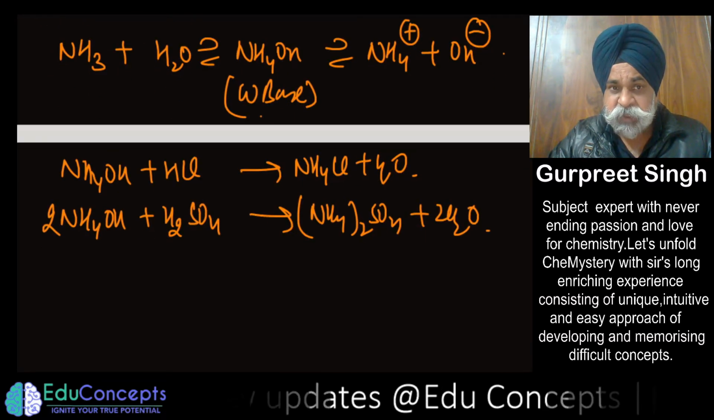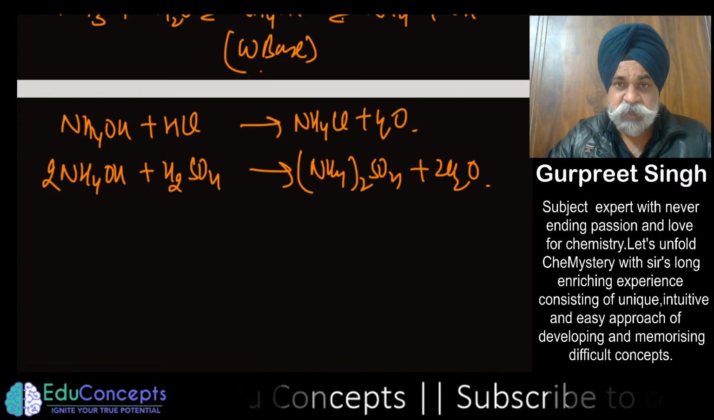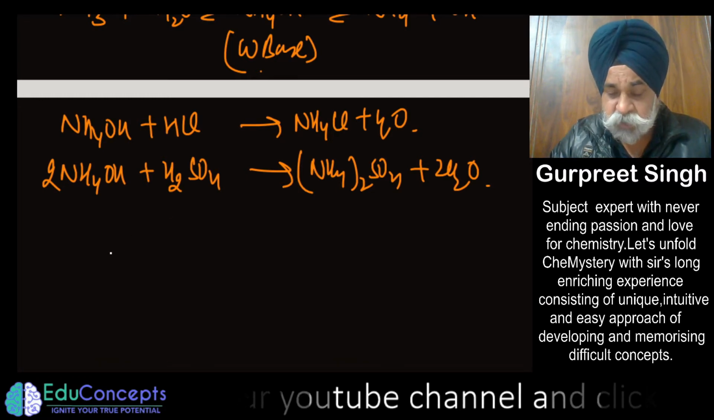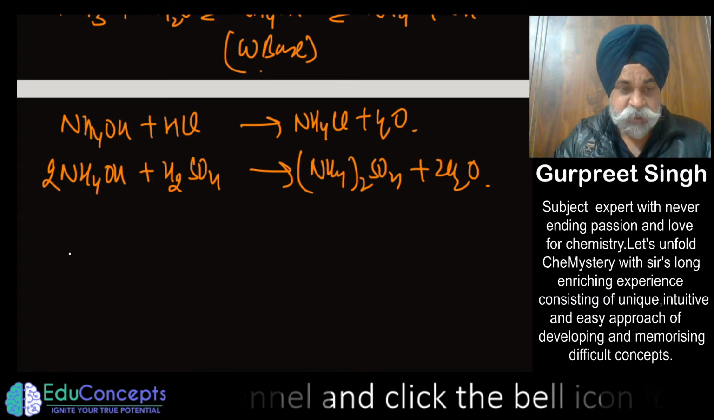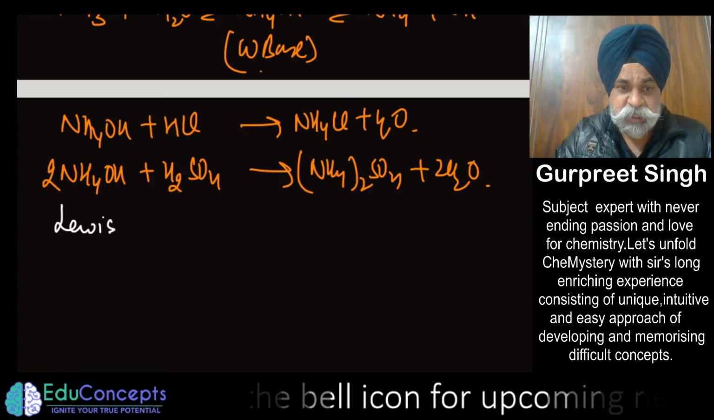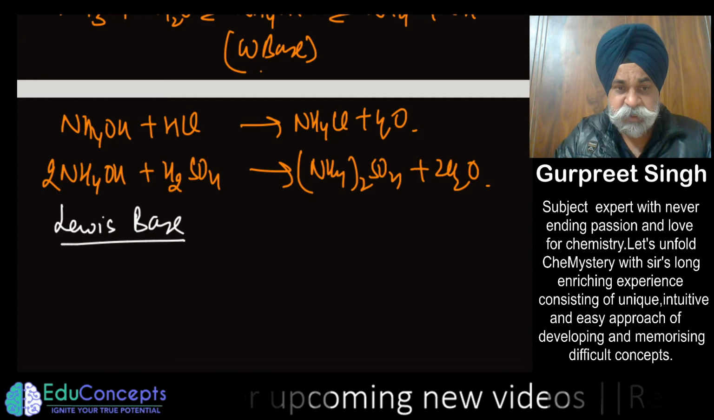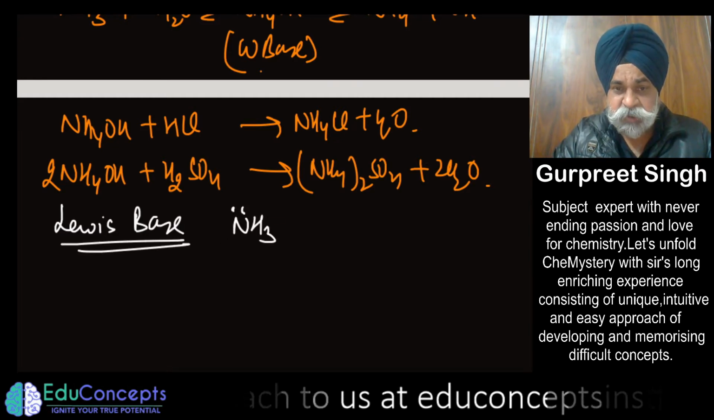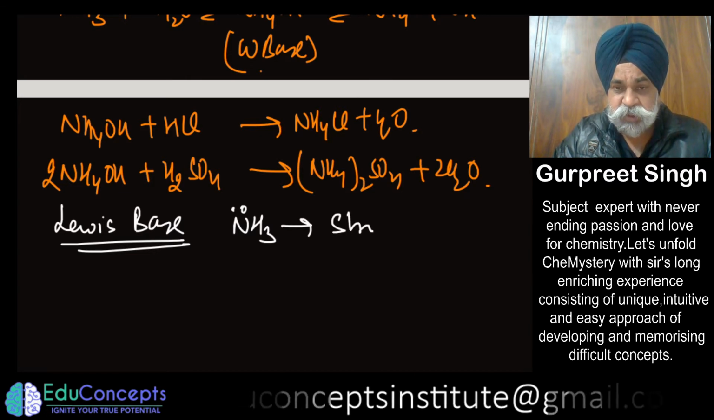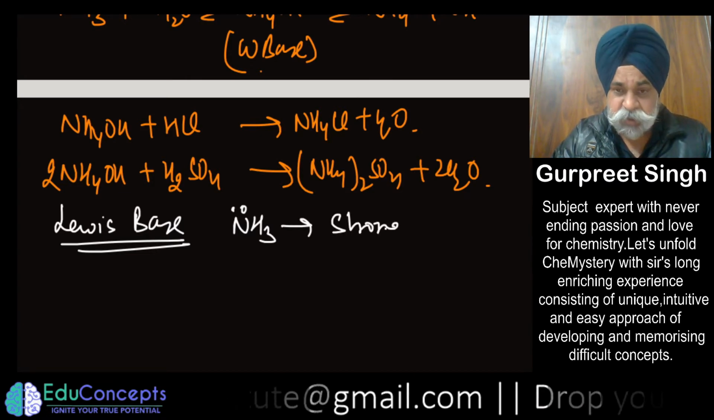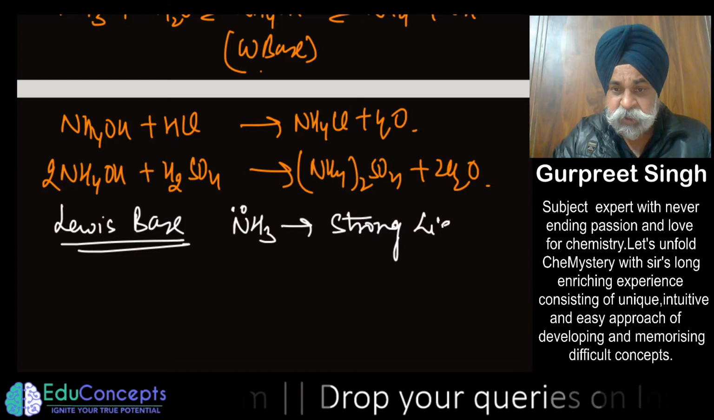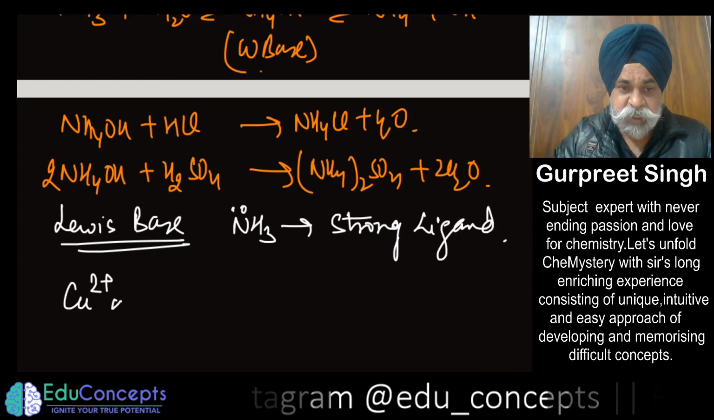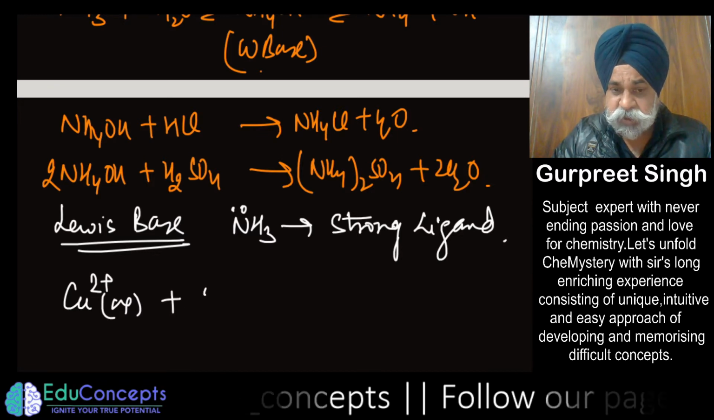So one way is that because it is providing me OH negative into the solution, that is what you call a base. Then it may also be acting as a Lewis base type of species. When I talk of Lewis base, from the coordination chemistry angle, this is also called a strong ligand. And in coordination chemistry, say for example, if cupric ions are being dissolved in ammonia,